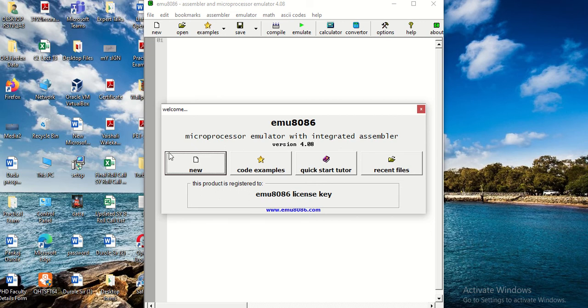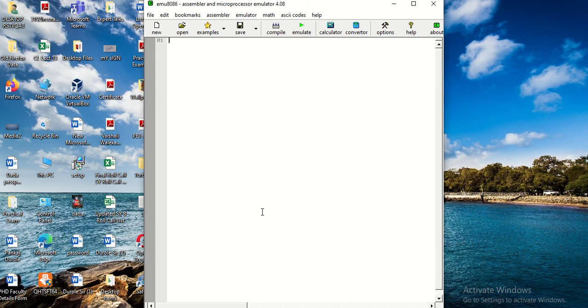So let's begin. I have started the emulator, and now I am creating an empty workspace here. So I'm starting writing the program. First of all, I am taking the data segment. Now here I am taking a variable message1 whose data type is defined byte, and I am taking 10 comma 13 for a new line.